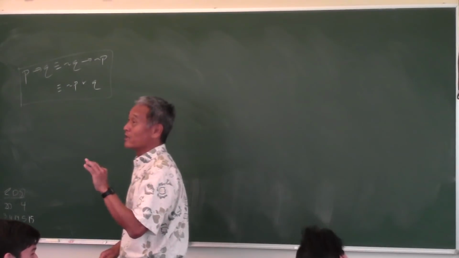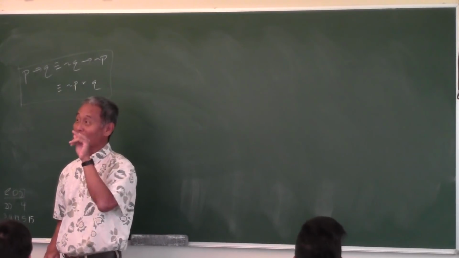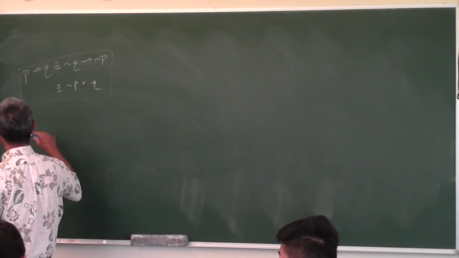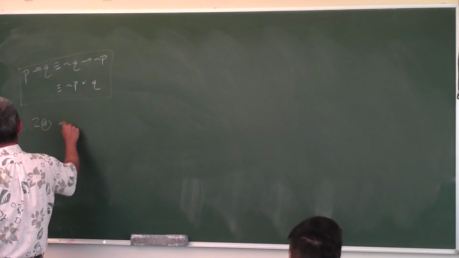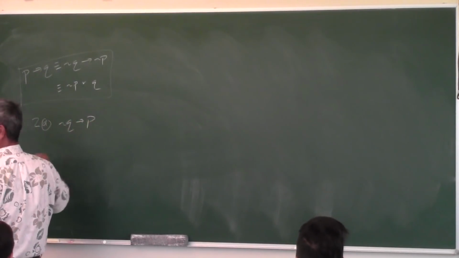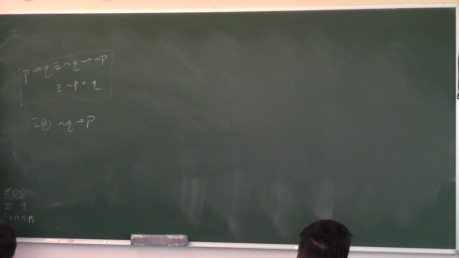Now, if you couldn't do 2D, that means you didn't learn from number 1. Or you didn't look at the notes. Okay, so in problem 2D, you are given not Q implies P. Write the negation of it. How do you negate a conditional statement? Well, when you did problem 1D,